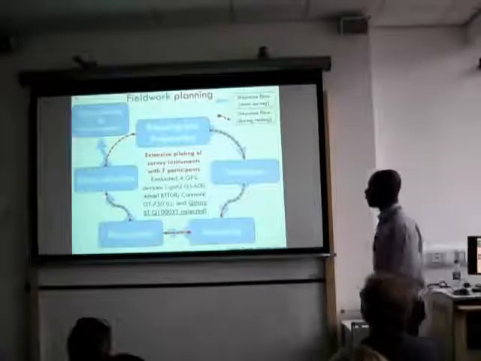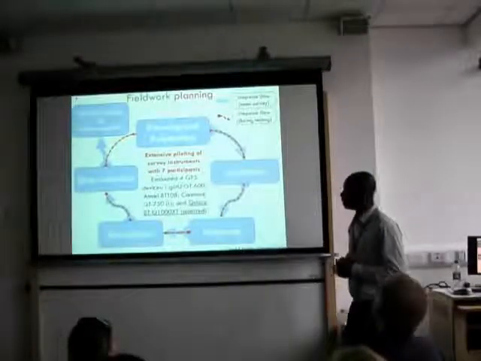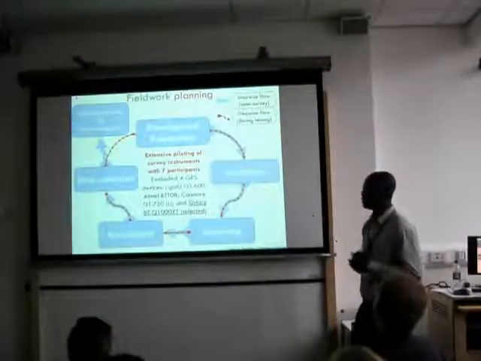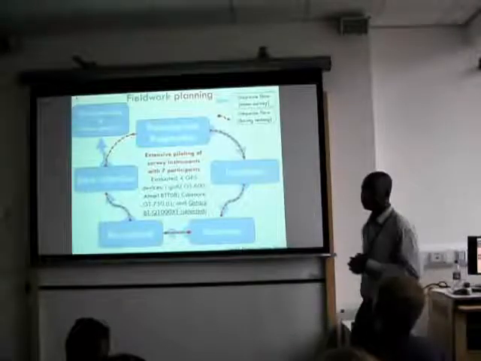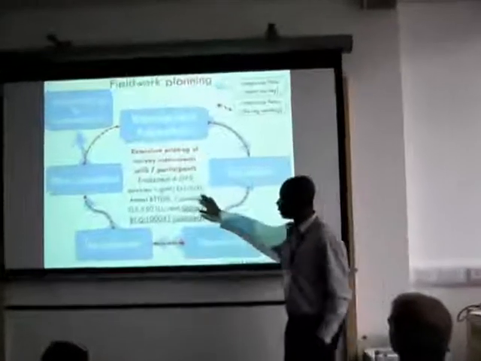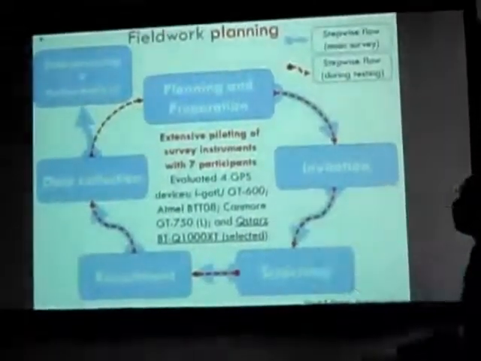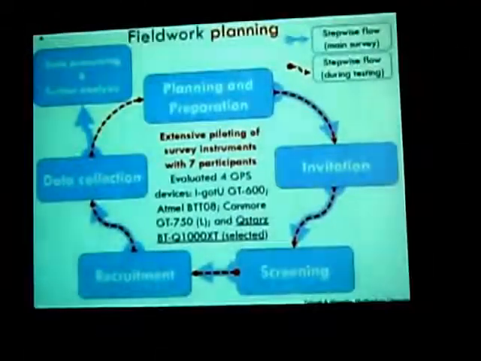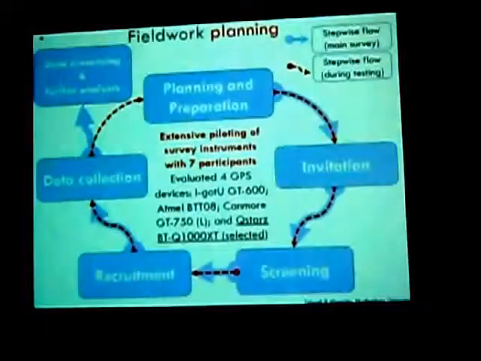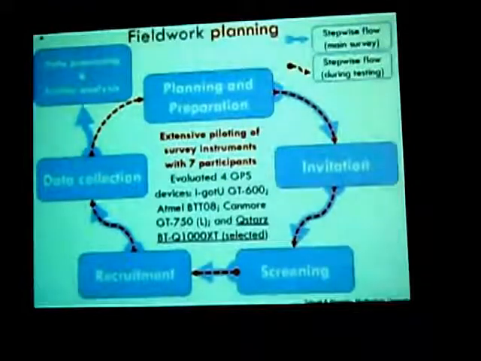And my field work, actually, I used about 5 stages here. So planning and preparation is basically just preparing the travel diaries. I did some kind of evaluation of 4 GPS devices and picked this one to start. I'll show you later. And also prepared websites using Seraphim Alvanides, and basically for some kind of field work campaign using online and also offline. Offline, I prepared also brochures and flyers, leaflets and stuff like that. And so for the invitation, I use both online and offline approach.